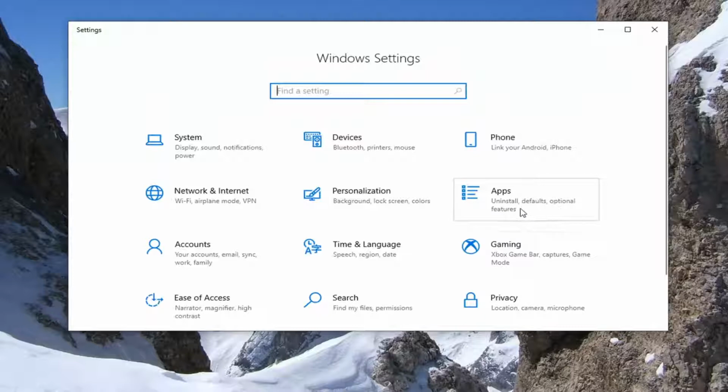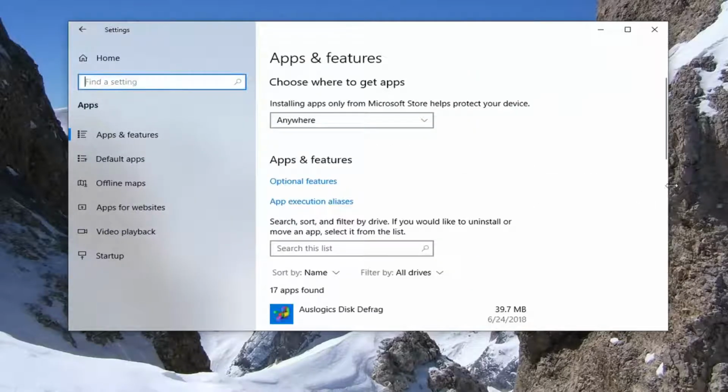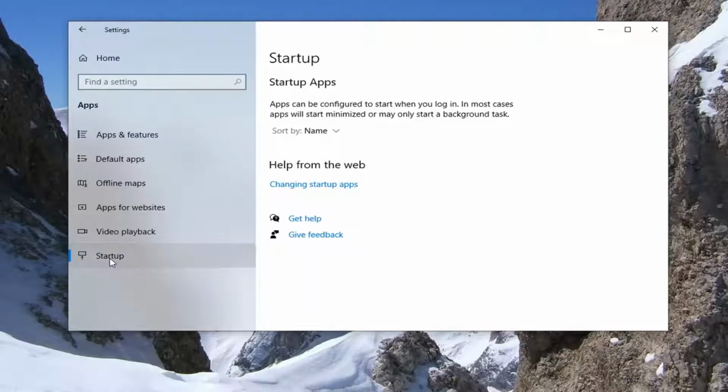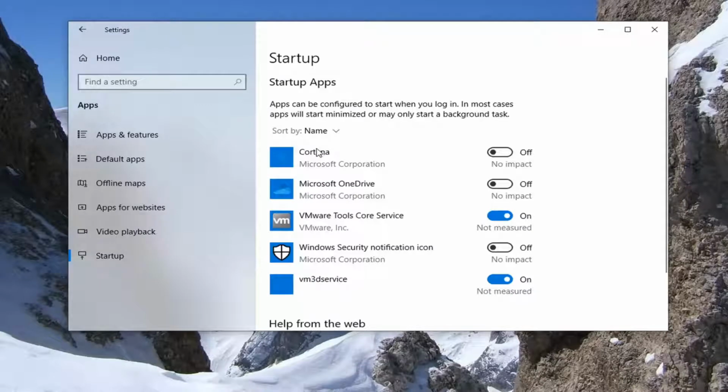Uninstall default optional features. Go ahead and select that. So again, apps. And now select startup on the left side. Give it a moment here to load the list. And then it should say sort by name. If you have a lot of programs in here, it'll obviously take a little longer to scroll, but you're looking